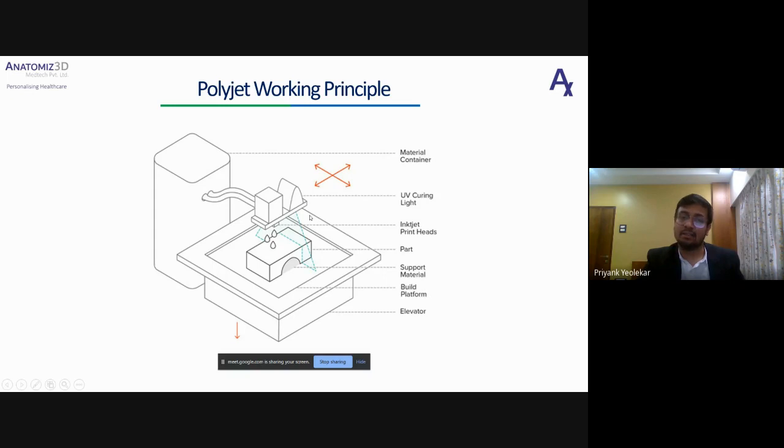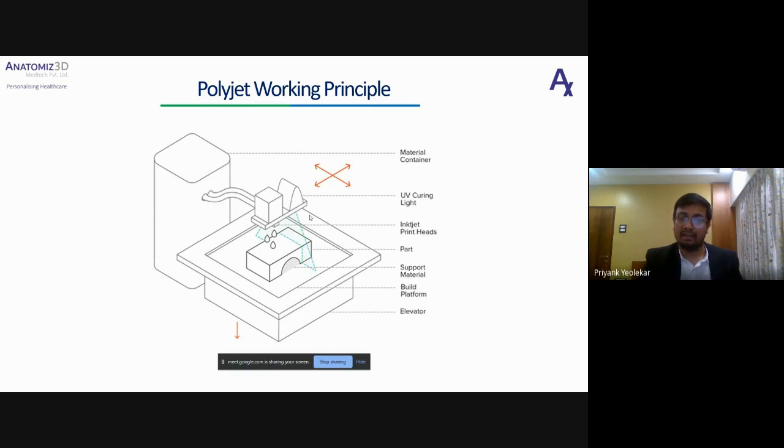As the part is getting printed, your printhead is jetting your material, and the UV light follows that path and cures the material which is already deposited on the build platform.